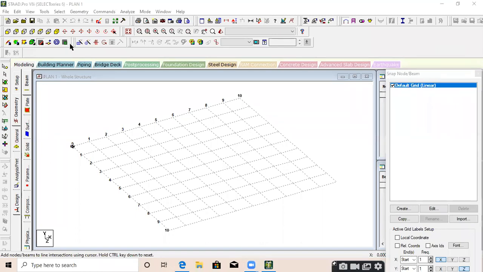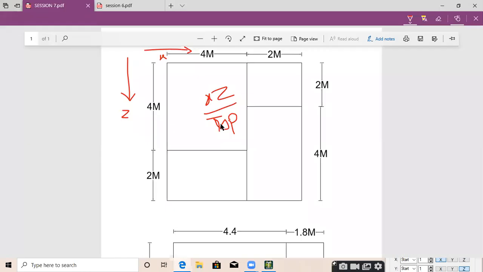Then go to top view here because we want to make a plan in top view. Just wait for a minute, guys. Just go to the top view over here. When you click on top view, grid will come in top view. Now we have to make a plan, this plan.